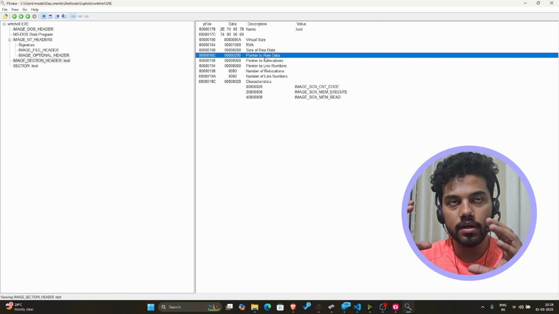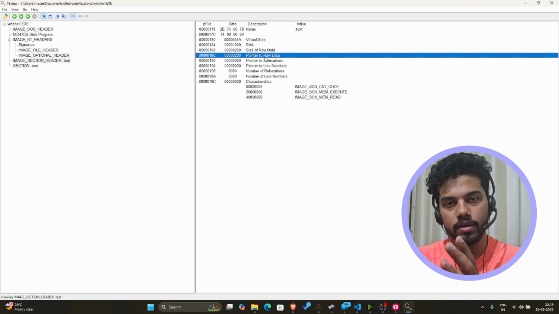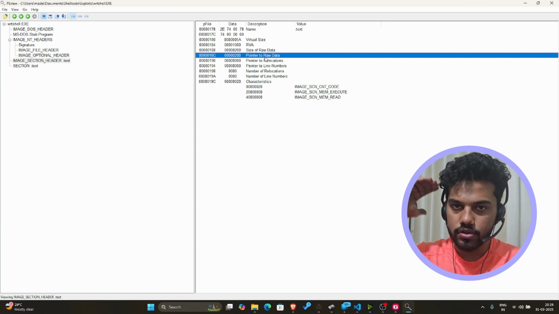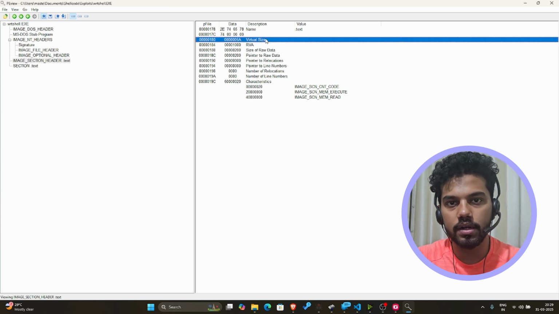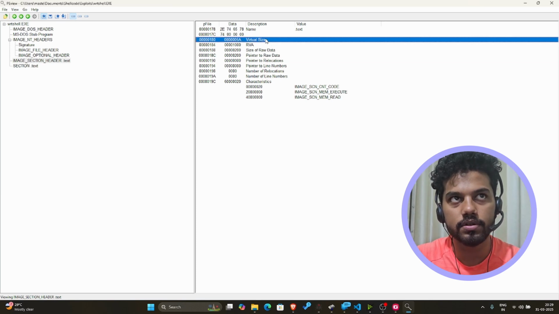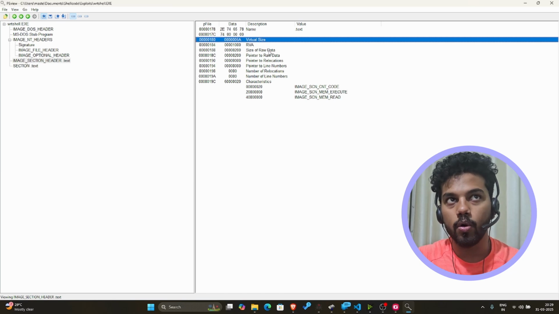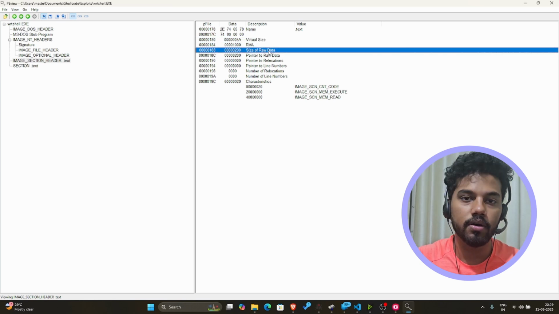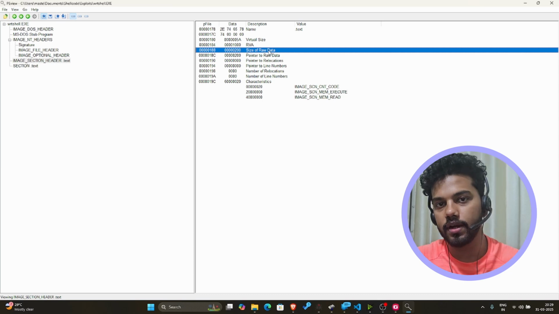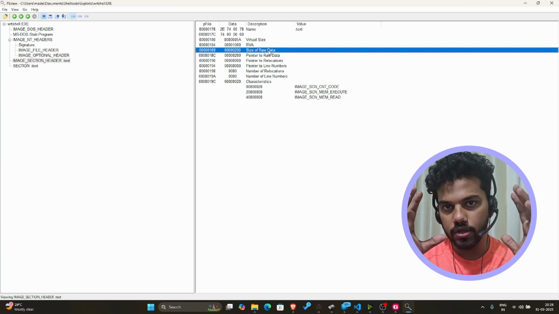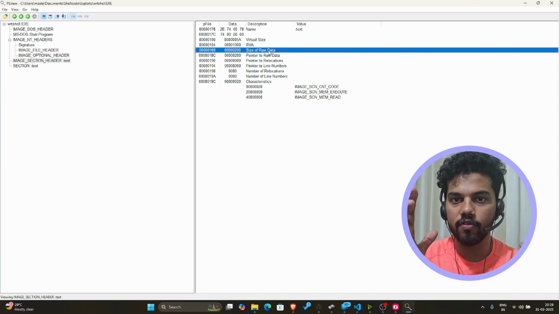The best way to say it is that the core logic of the program is what we need to extract, from the start to the end of the core logic. That is stored in the actual size, which is the virtual size. We don't want the raw size of the data because that will include paddings. It will be a larger data. We don't need any of that. We just need the portion of whatever code we have written,